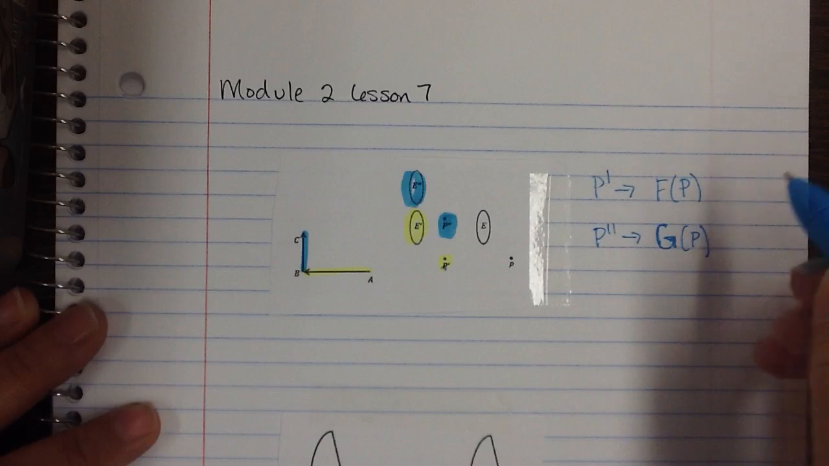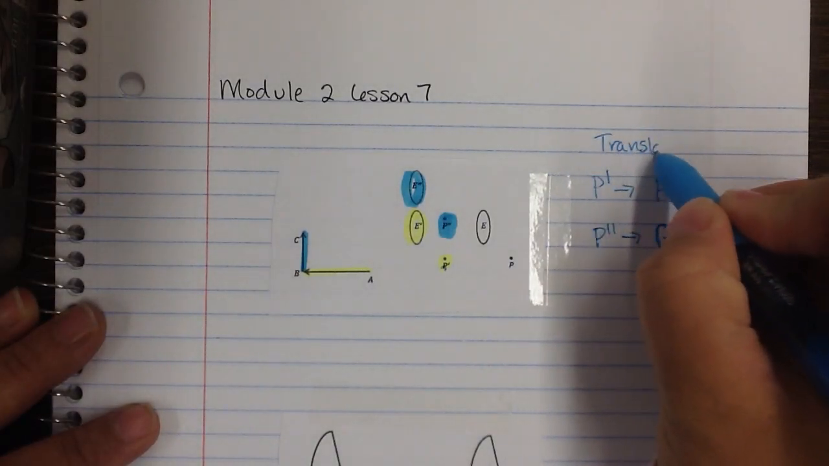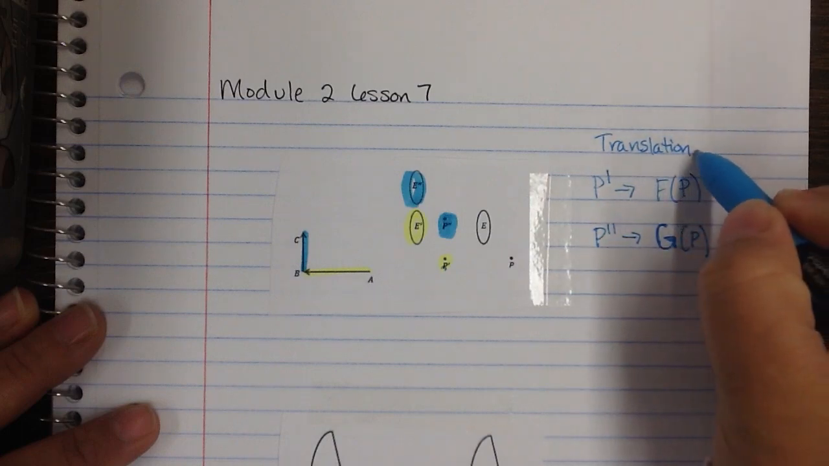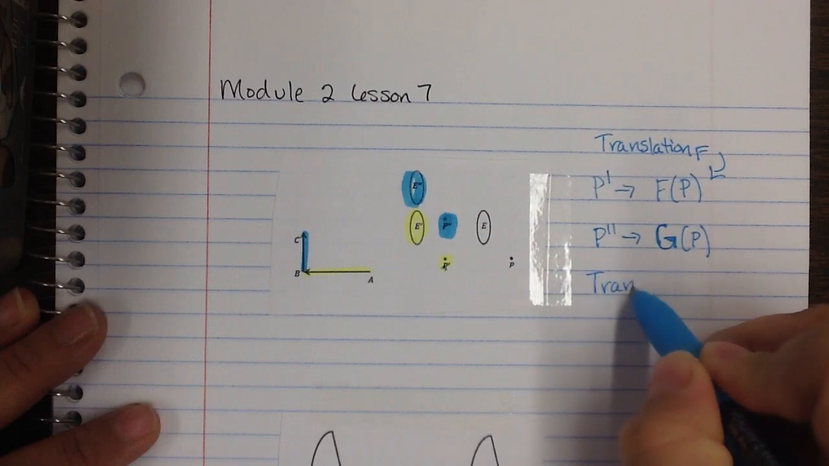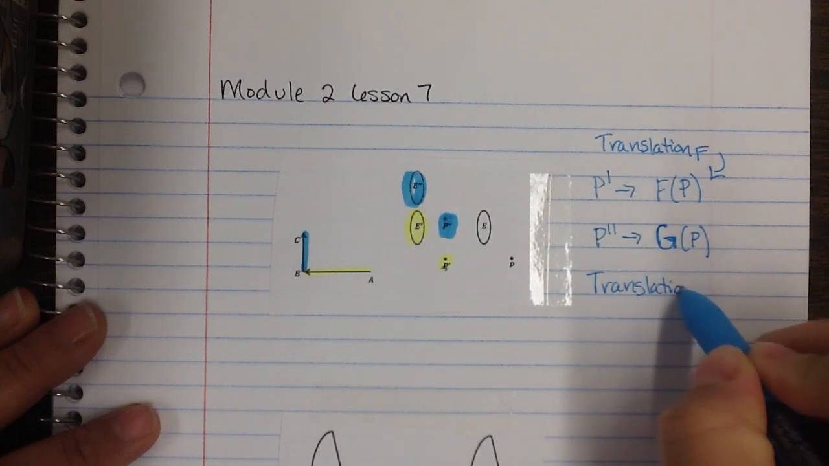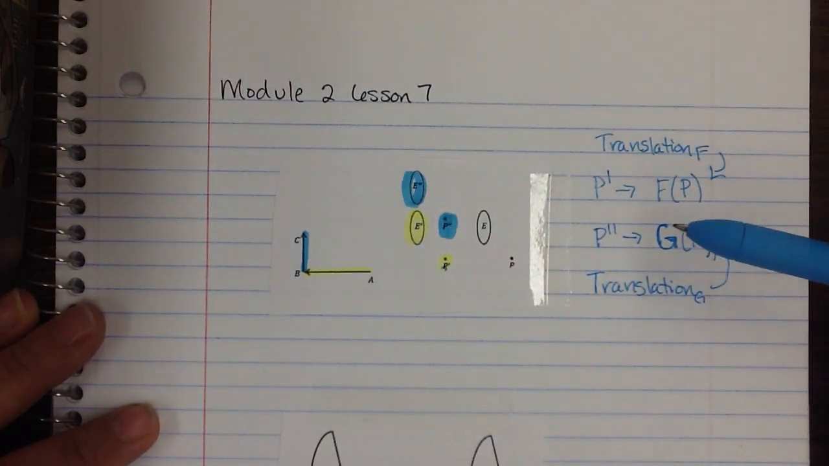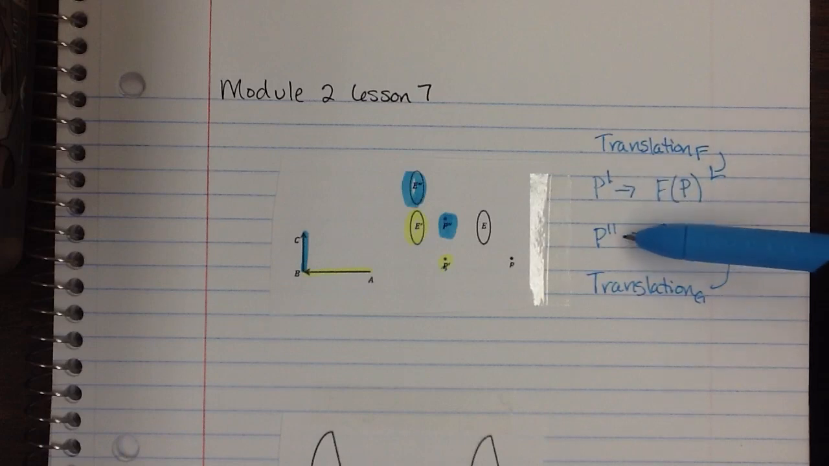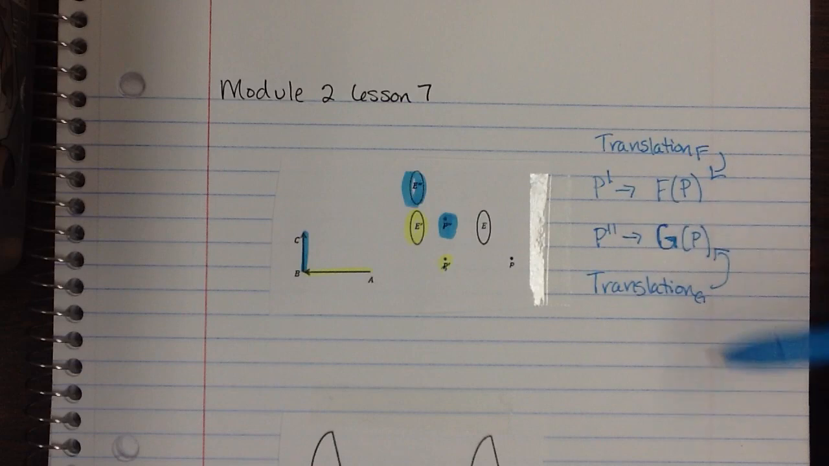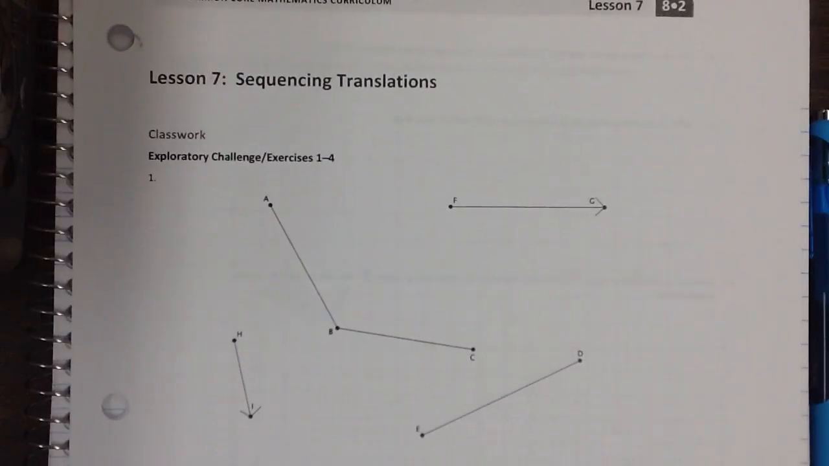Okay? So this is a translation of F would look like this, and a translation of G would look like this. Okay, but the main thing you need to know is when you move it the first time, it's 1 prime. When you move it the second time, you have 2 primes. Okay, and now we're just going to jump right in to your packet,